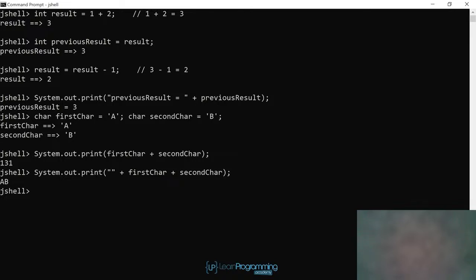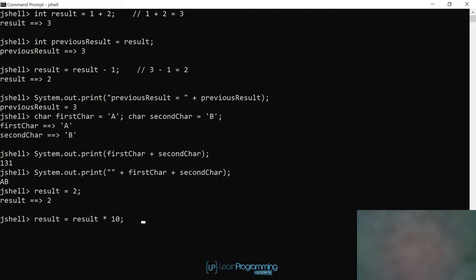Alright, so let's try another operator we've seen before, and that's probably very familiar to you, the multiplication operator. Let's set the value of result to 2 first, just so that we are all on the same page before we go on. And now, using multiplication, let's multiply it by 10. result = result * 10;